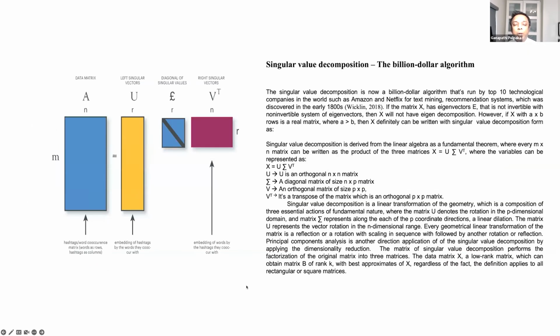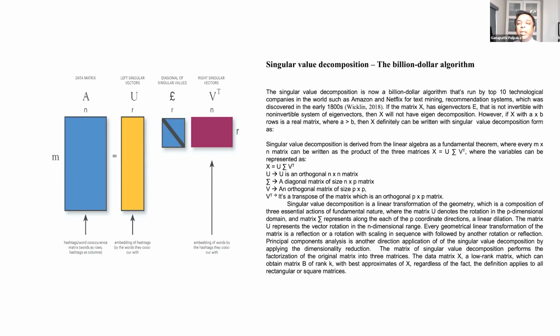Okay. So now, as I told you, we're also going to take a look at the $1 billion algorithm today, which is the singular value decomposition. This is why it is called the $1 billion algorithm. All the top technological companies in the world, for example Amazon or Netflix, leverage the singular value decomposition, and it can get as heavy as it needs to. So you can see how much you can scale with this particular singular value decomposition.